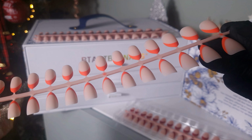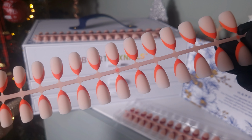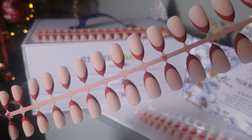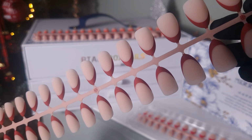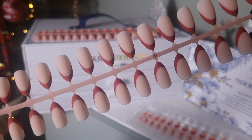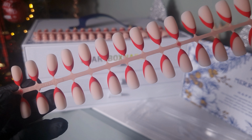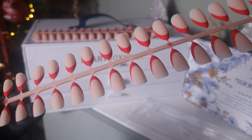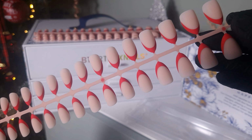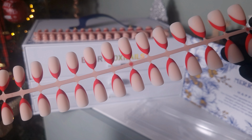So I really love this kit because if you love red nails, it's nice to have a variety of different reds. The other thing that's great about these tips is I love applying nail art over the top of them, whether it be some decals, some stamping, even a little bit of hand painting. So you can apply that directly over the tips, and then you can come in and apply your builder gel and top coat, or you can do your builder gel first, then do your nail art and then your top coat. But either way, your nail art is sealed in as well as the tips thanks to having that builder gel option. And then lastly here we have a really nice classic red, which is going to be perfect for